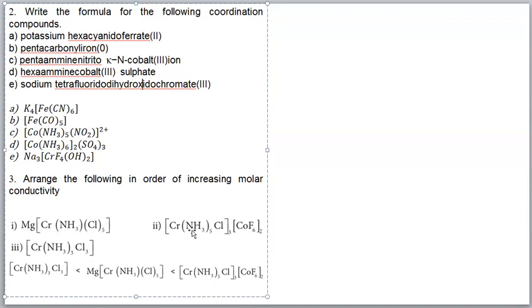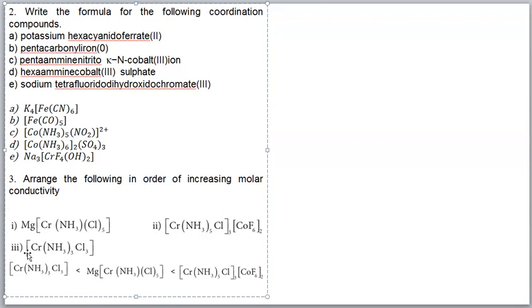Then here you see complex ion, here thrice, 3 complex ions. This also 3, so it's 2. Totally 5 ions are there. But here only 2 ions. So conductivity is more for this one. Here, of course, a simple ion is there. Simple ions have more conductivity, there is no doubt. But the vast difference in the number of ions: here only 2 ions, here 5 ions. So this compound has more conductivity.